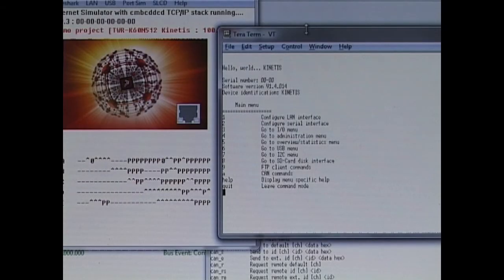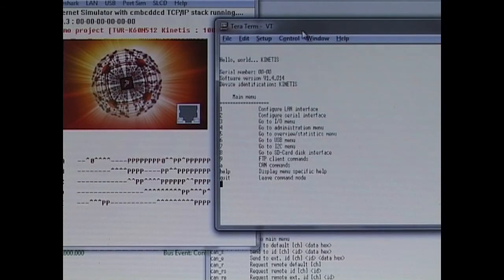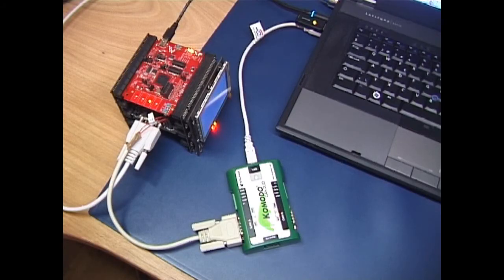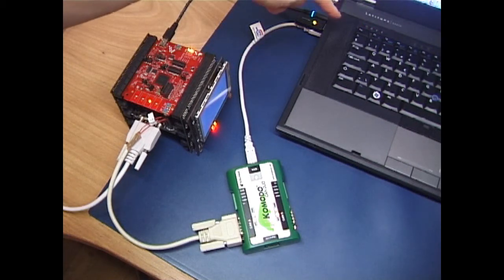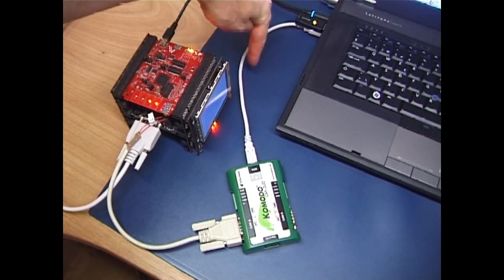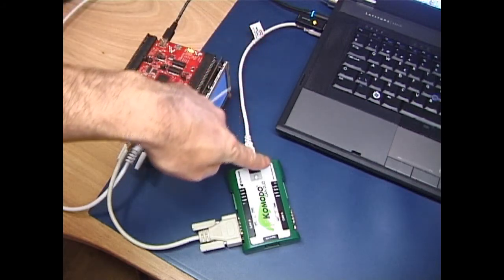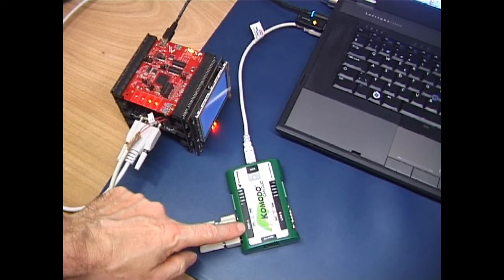At the top here we have the virtual UART interface connected to the uTasker Kinetis simulator. We're going to be using this to control CAN interface 0. CAN interface 0 is not available on hardware, but the uTasker simulator maps it to the Komodo CAN Duo CAN A bus,